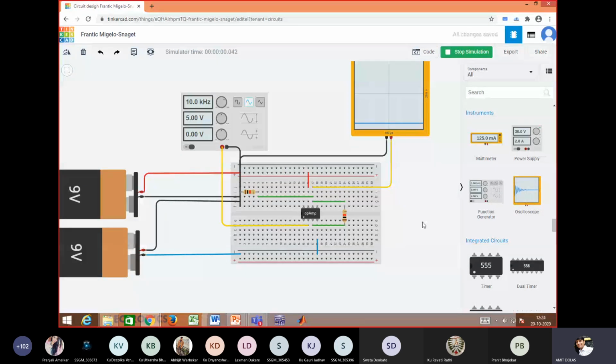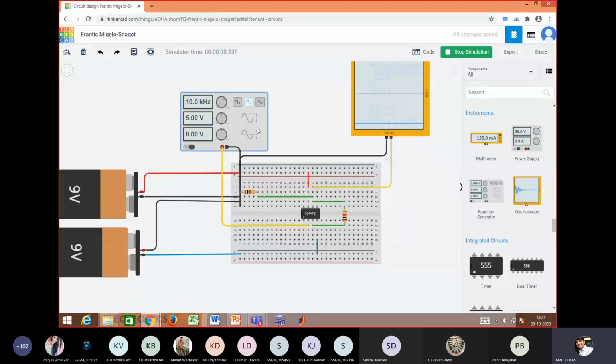We'll check what is the problem. Okay, so it is 0.1 millisecond. So you can see here what happened. Initially you got something like a square wave and now it is continuously negative saturation.